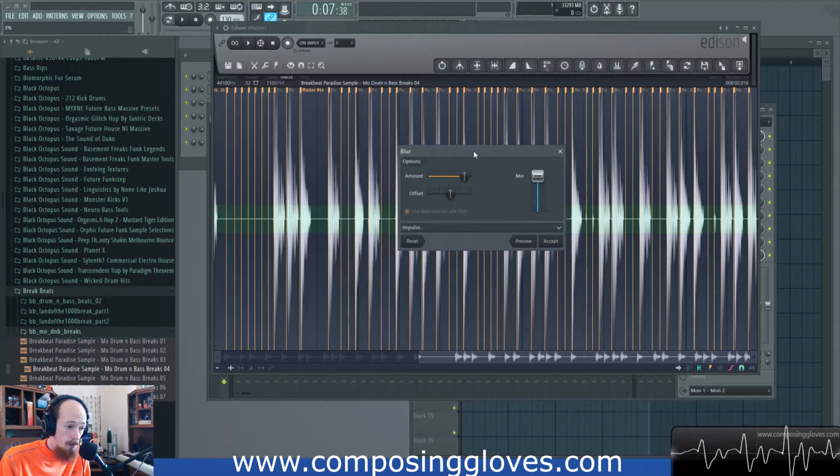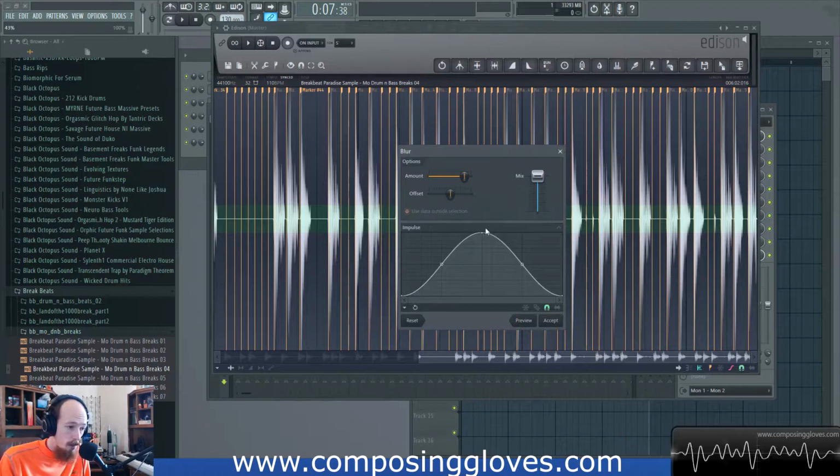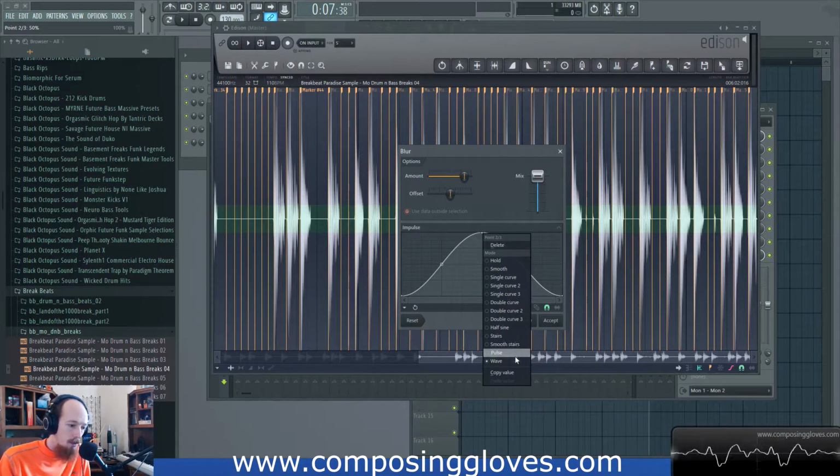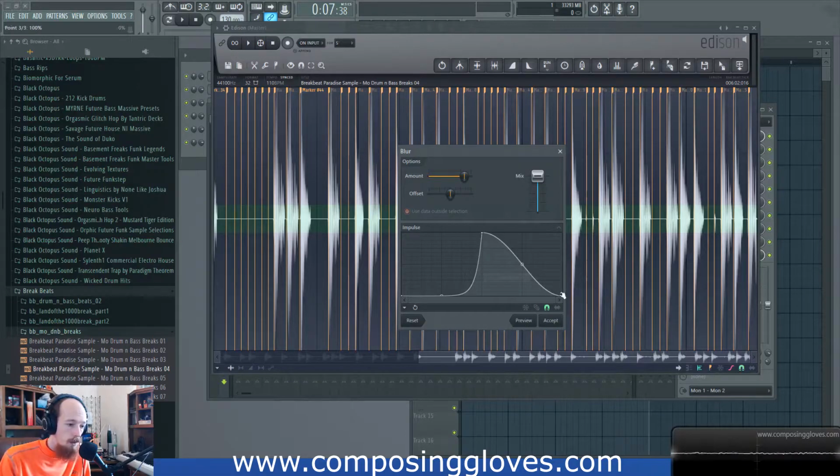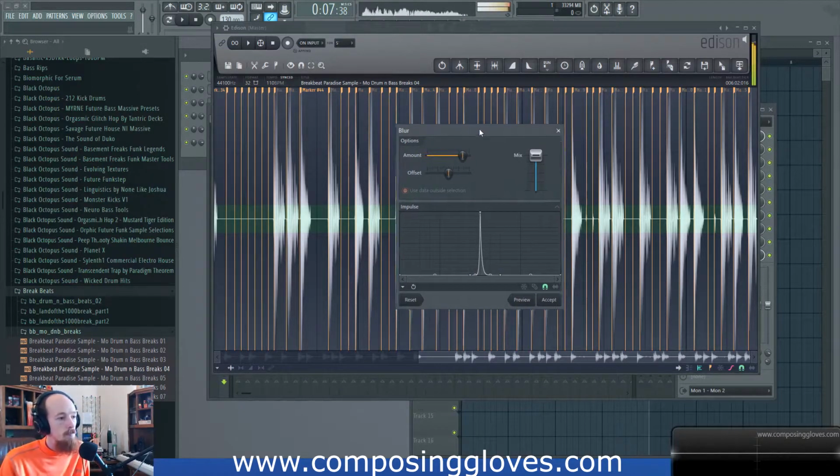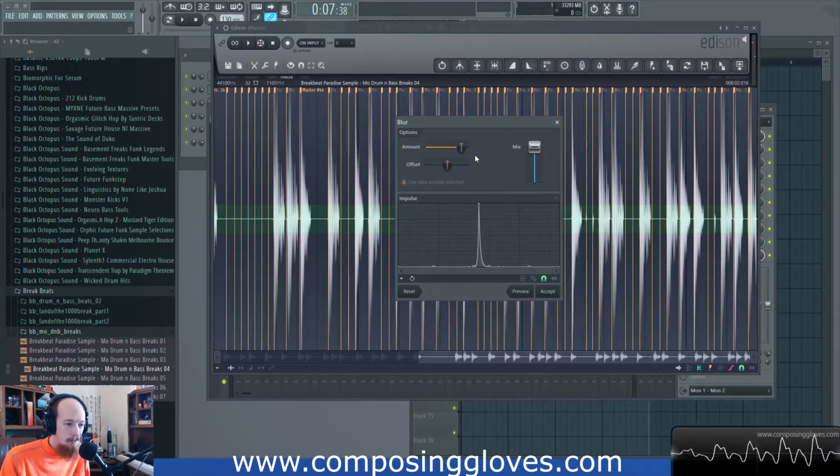Blur is cool. Blur multiplies the sample across itself according to an impulse response. So I'm going to change this to a very narrow response, and there won't be that much multiplication. So it will sound very much like convolution reverb. So we're going to do a single curve here. And I'm going to change this to a single curve, and I'm going to take it down and preview it. Let me make this much shorter. That's so cool. Okay, this one didn't sound very much like convolution reverb,